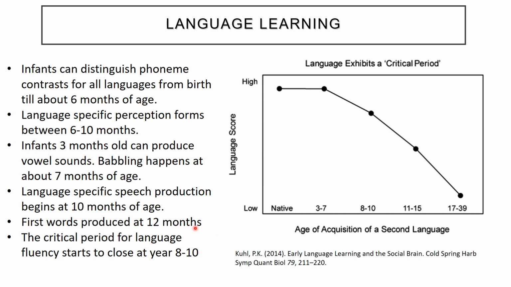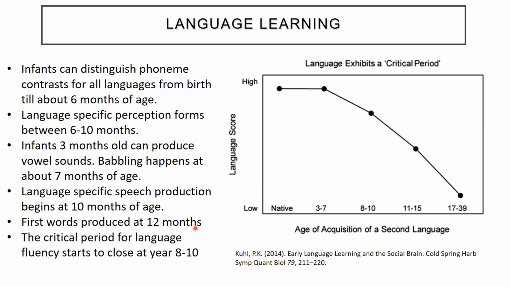One thing we all know and probably take for granted is the fact that language is learned, because it just becomes so natural to us. But this is a very interesting topic and intensely studied. Infants can distinguish phoneme contrasts at a very early age. They can distinguish these phonemes from all languages starting from birth, all the way up until about 6 months of age. And you can do various tests to see whether the infant is distinguishing these different phonemes. It's amazing what actually can be done, even with these very young infants.